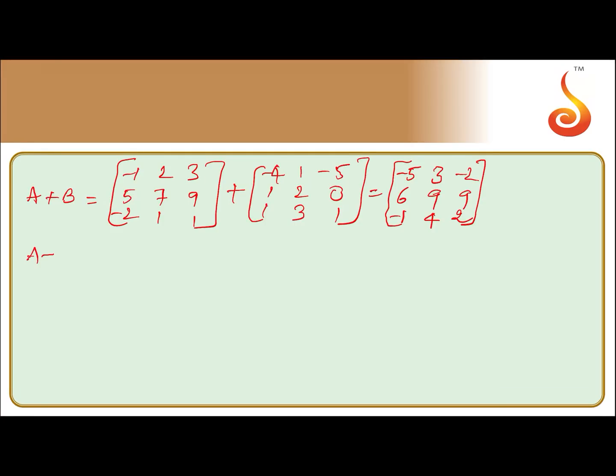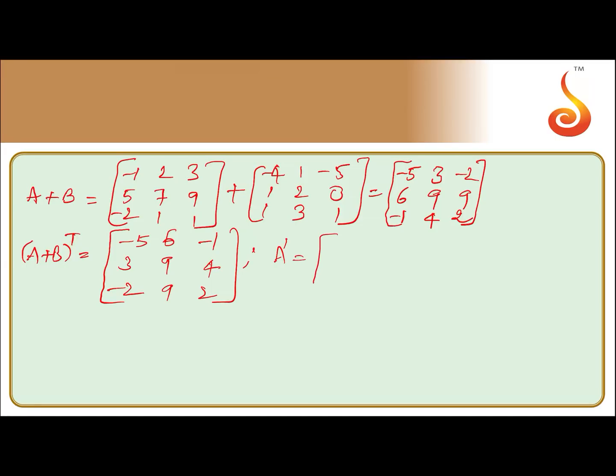Clearly, you can see that (A plus B) whole transpose is nothing but actually taking the transpose of it. You get it like this. So taking the transpose: minus 5, 6, minus 1, 3, 9, 4, minus 2, 9, 2. That is (A plus B) transpose. Similarly, if you calculate A minus B and A transpose and B transpose, A transpose is